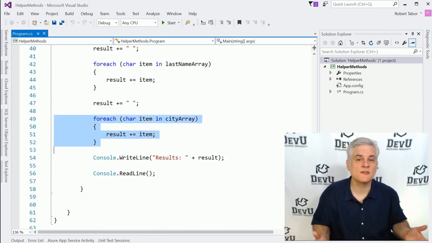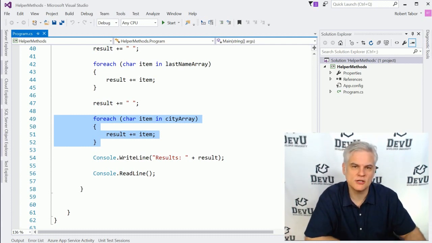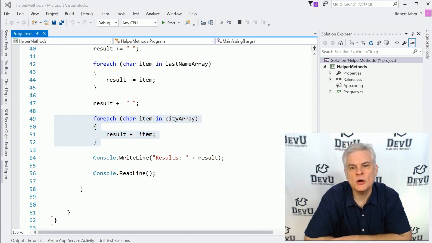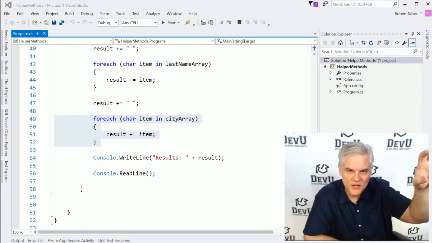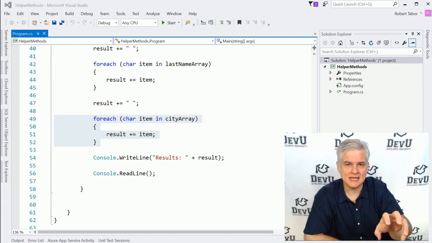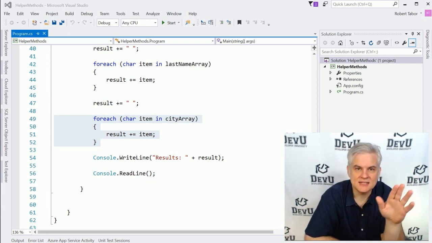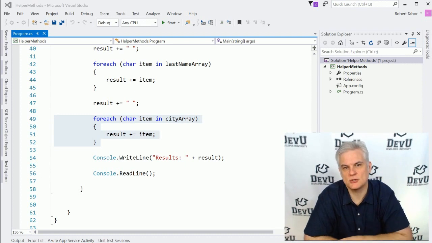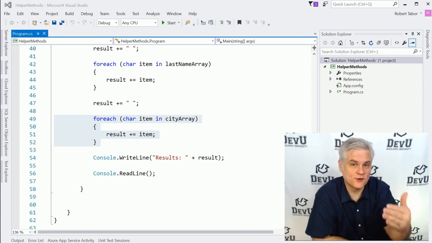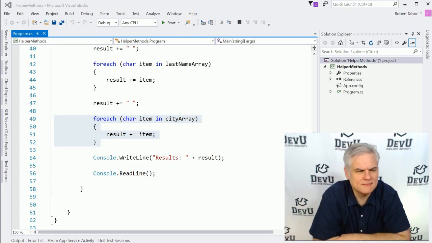Now, duplicate code in and of itself is not a huge problem. I mean, there's really no way you can completely eliminate duplicate code in your application. But duplicate code is usually the result of copying and pasting code. So you've invented the wheel earlier in your code base, and your first thought is, well, I'll just copy and paste it because I need it here and here and here in my code. Invariably, what happens is your intent is to copy it, but to make a few subtle changes to it. And in your haste, frequently, at least if you're like me, you will forget and make a mistake and forget to change something, and you've introduced a bug, and it can steal your soul,